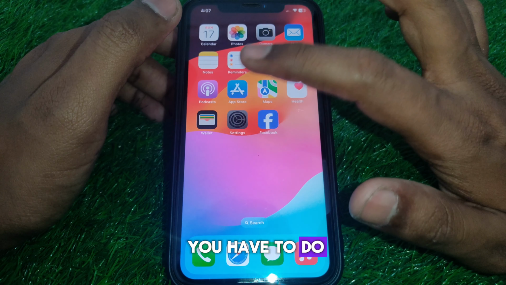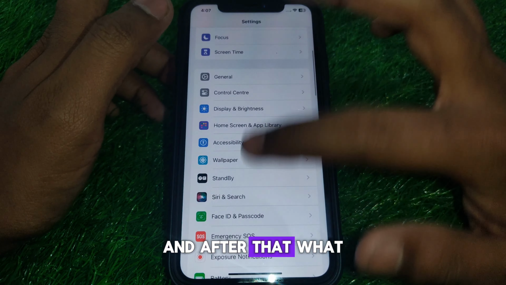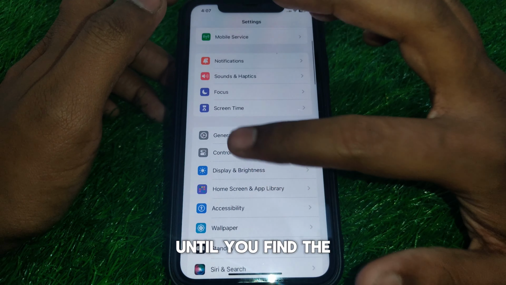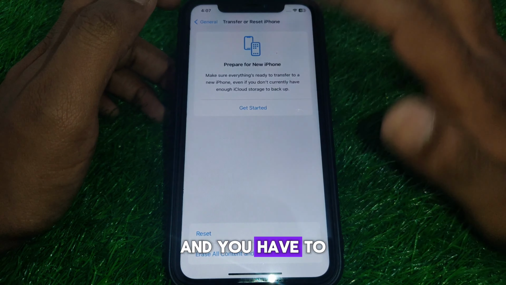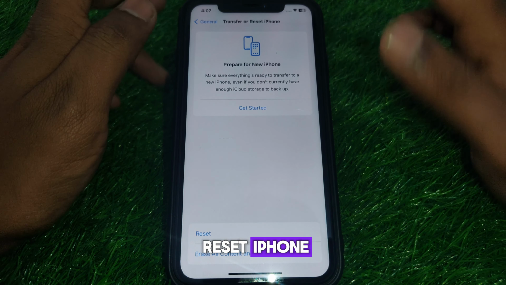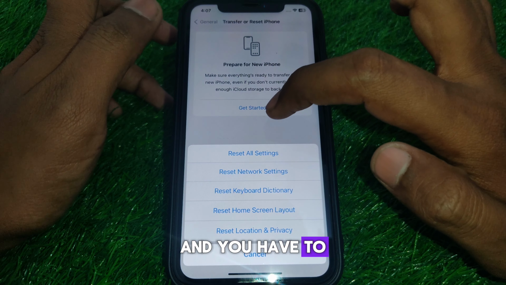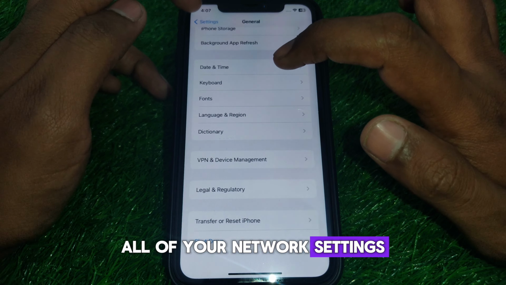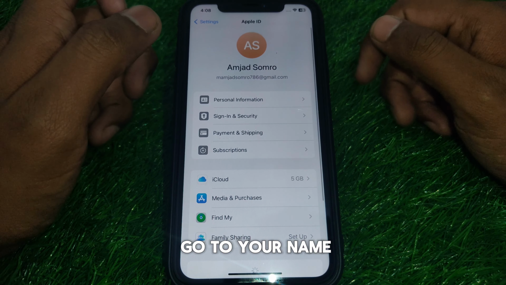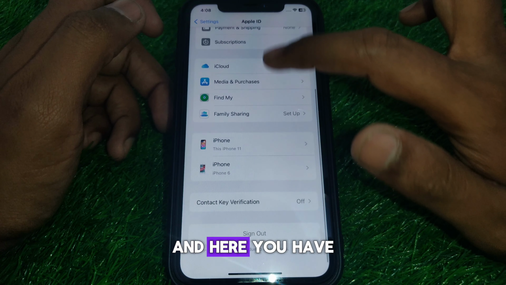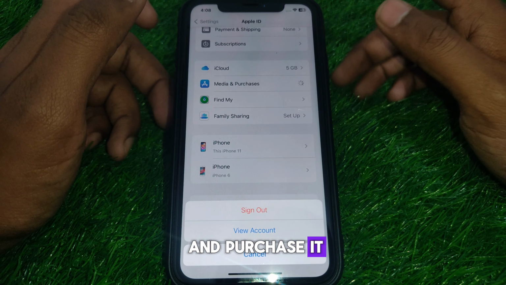And the next thing you have to do is go to settings, and after that scroll down until you find the option of general. Here you have to scroll down and click on transfer or reset iPhone. Here you have to click on reset, and reset all of your network settings, and after that go back, and go to your name or Apple ID, and click on media and purchases,